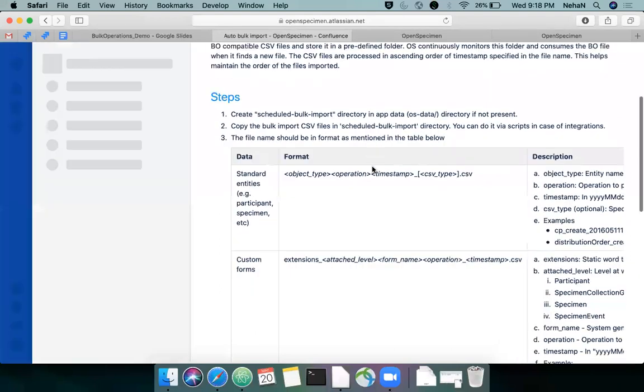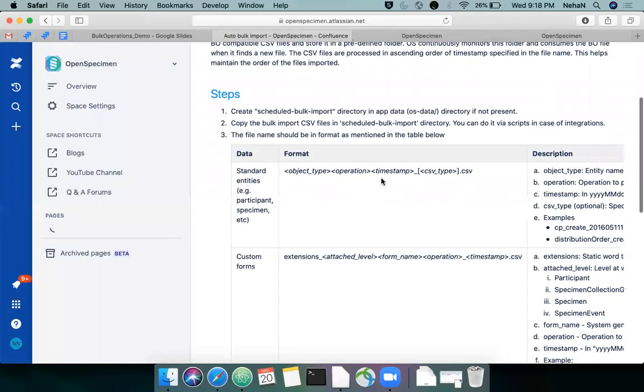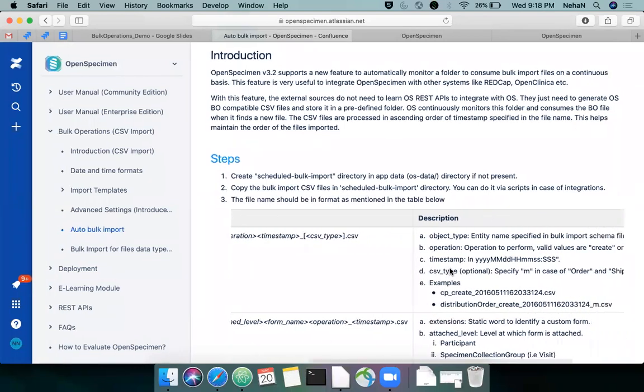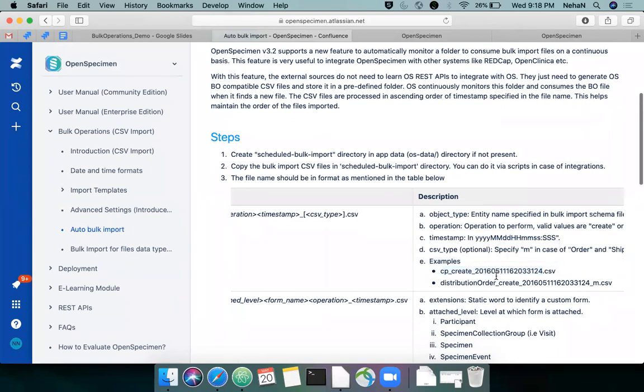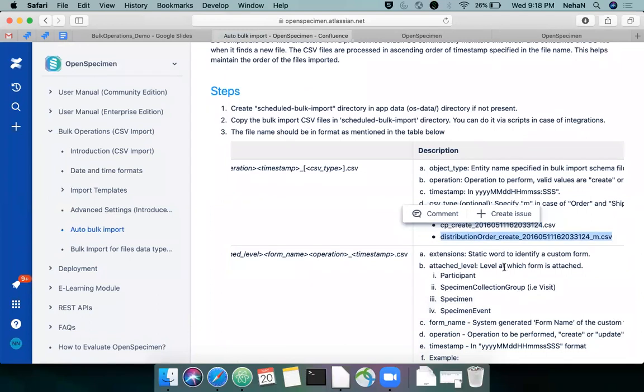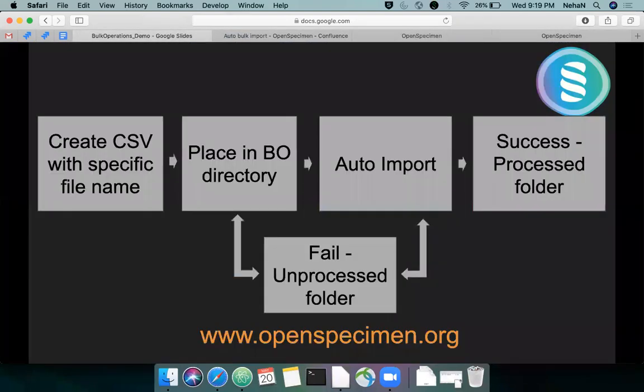Okay, so it's object type, operation, timestamp. This particular format you have to follow when you name the file. This is creating, and that's the date and time. This is for distribution order, and the import type is create. You put all these files in a folder, and then at that particular time OpenSpecimen will pick up that file, it will import, and it will move those files to a success folder.